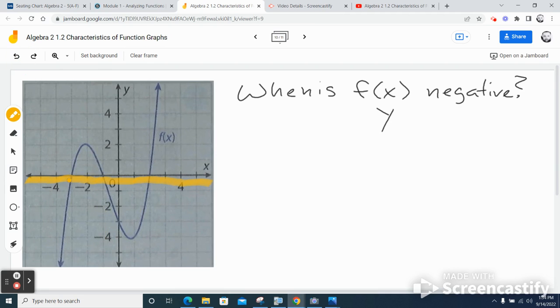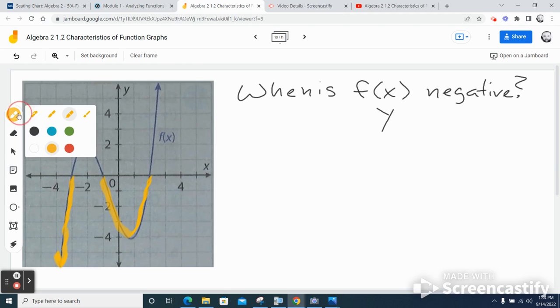So anything below that. So that means we're looking from here to here. That means, well, actually, let's do it this way. Here to here, and from here to here. So my answer then would be when, whoops, wrong one. When